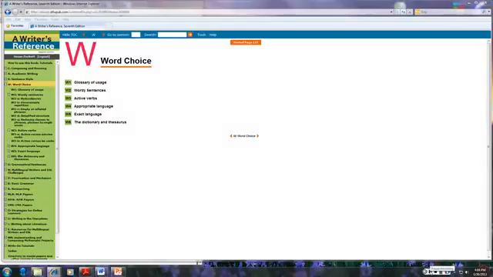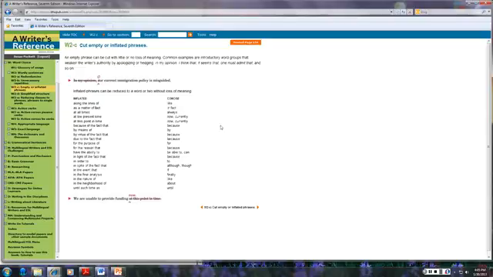Let's consider word choice. The glossary of usage is commonly confused words. We can find those in other places, but things like accept and except, we'll look at those later. Wordy sentences is something that I want you to look at. It has redundancies, unnecessary repetition, but the first thing we need to look at is empty or inflated phrases.